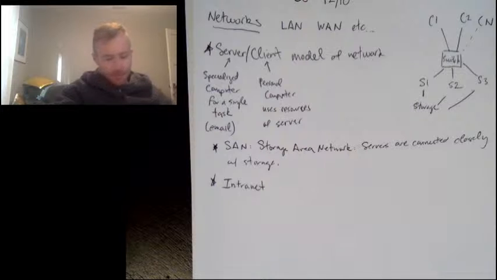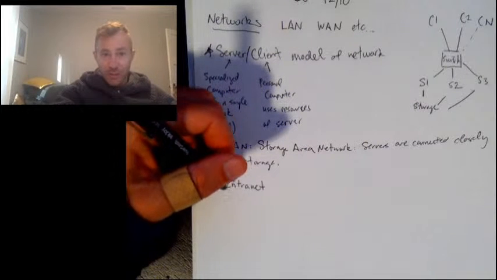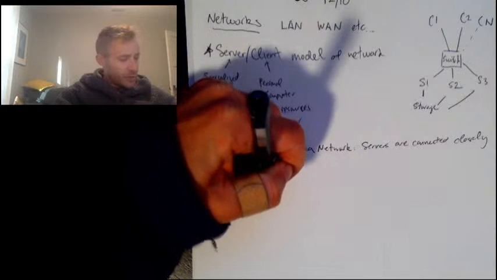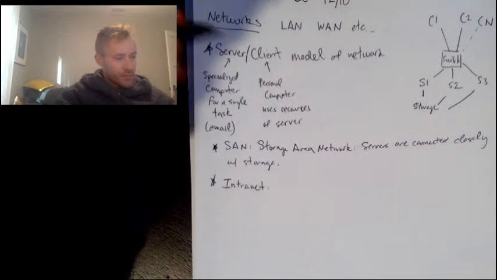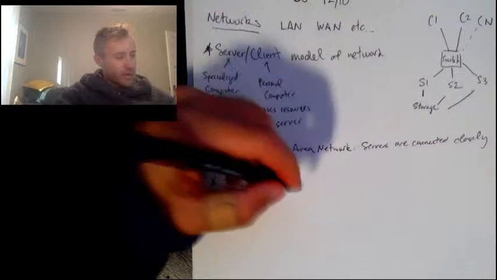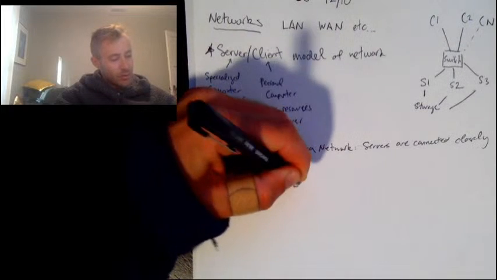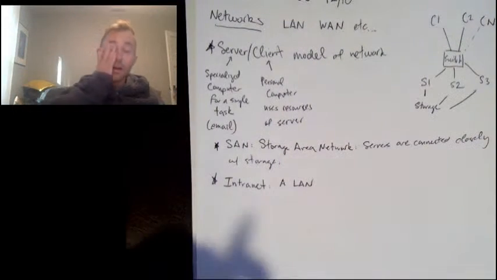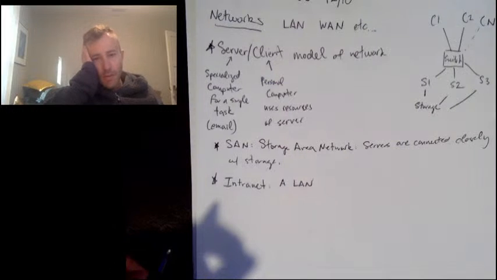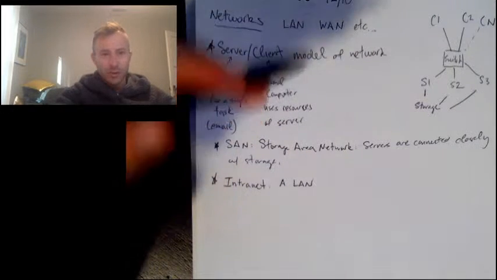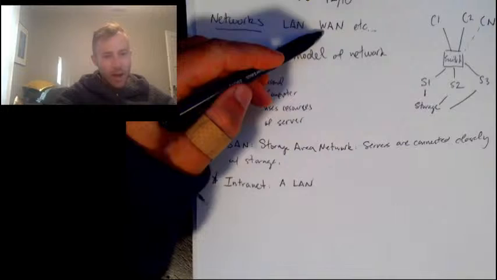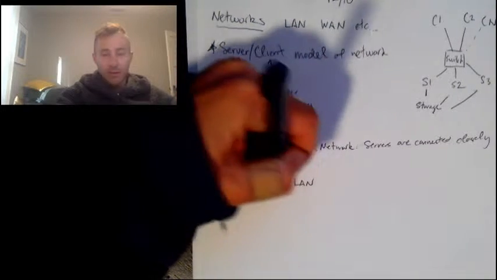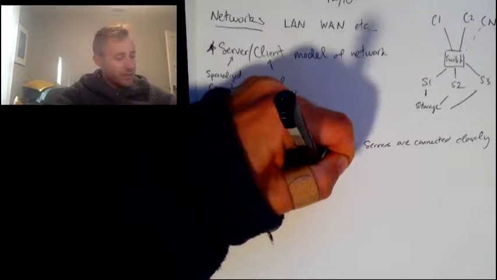An intranet, not an internet, is basically a LAN, a local area network. So it's not a huge network, because remember, the internet is classified as a wide area network. It's a LAN that is connected